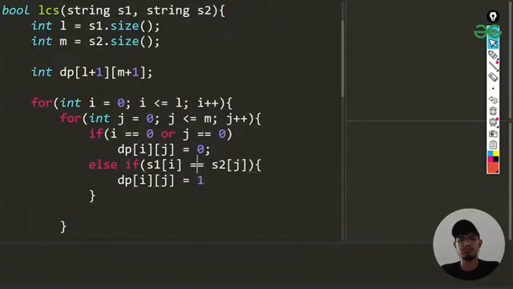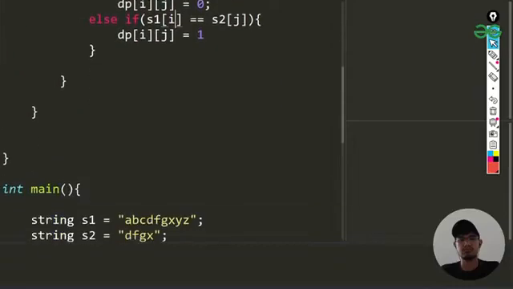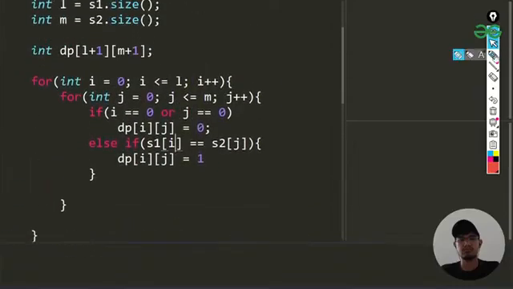And one thing is that we are not using s1 of i directly, because, for example, here we have this 0 and this string, then we have 0 and then string 2.